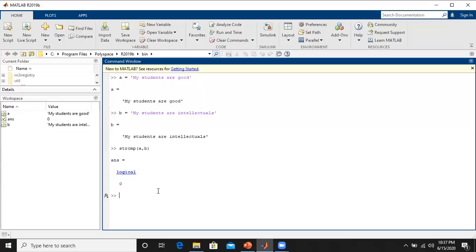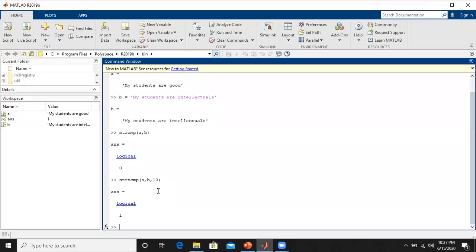Now we can also compare the two strings up to certain characters. For example, strncmp we have to type, then the variables a, then b, up to some letters, let us consider 10, up to 10 letters that it will take. Now up to 10 the letters are the same, so that's why it is giving us the logical 1 here.